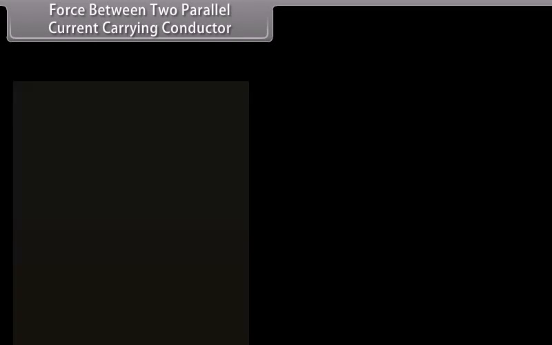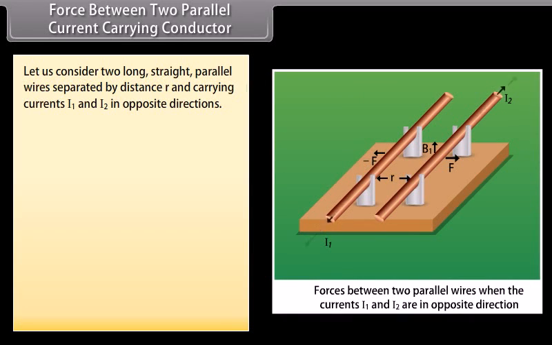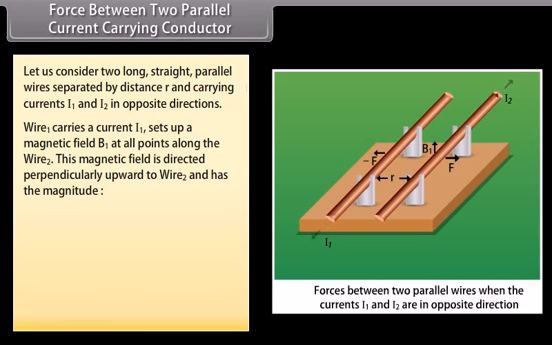Force between two parallel current-carrying conductors. Let us consider two long, straight, parallel wires separated by distance r and carrying currents I1 and I2 in opposite directions. Wire 1, carrying a current I1, sets up a magnetic field B1 at all points along wire 2. This magnetic field is directed perpendicularly upward to wire 2 and has the magnitude equal to mu naught I1 divided